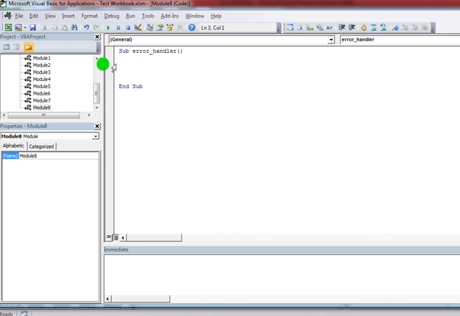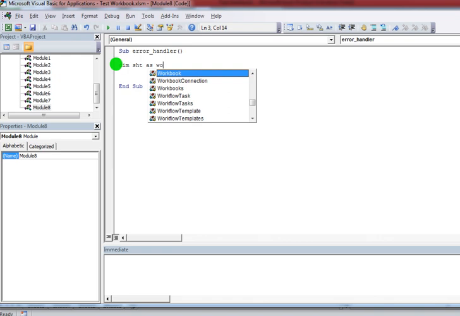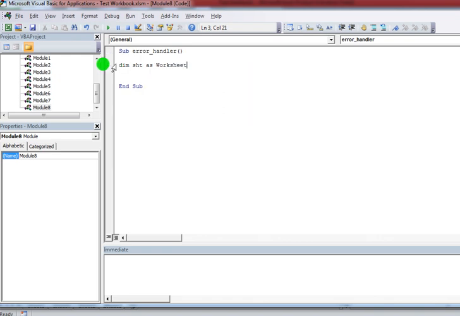For this I'm writing a program. First I'm declaring a variable SST of type Worksheet, and also declaring one variable, lastRow, of type Long, to calculate how many rows we have filled with data.